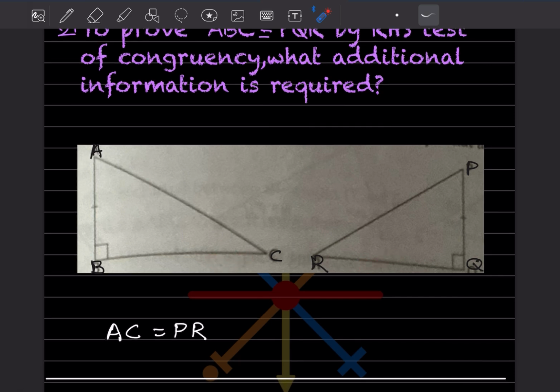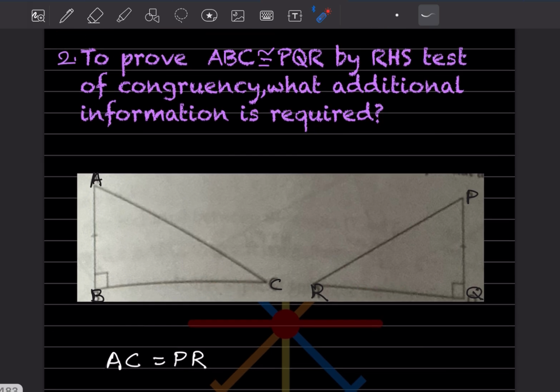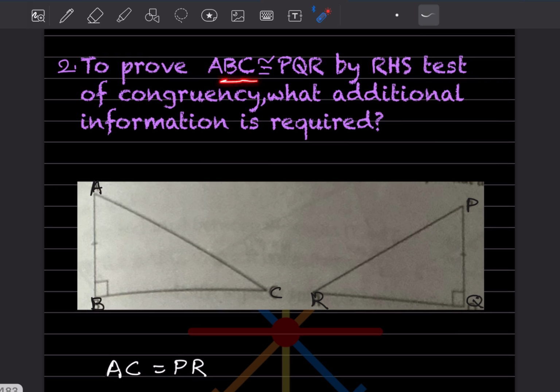So what we can see here, now this is AB, because this AB is equal to PQR. So now what we can see here, what additional information is required? So now we have for the RHS this one. So now they have given this side is equal to this one. So we need the additional, that is that AC should be equal, because this is the hypotenuse, because we know